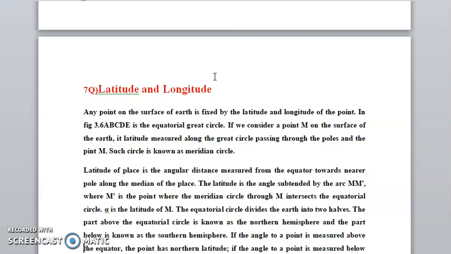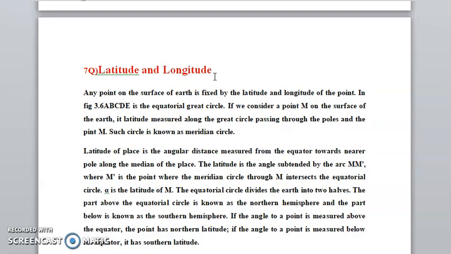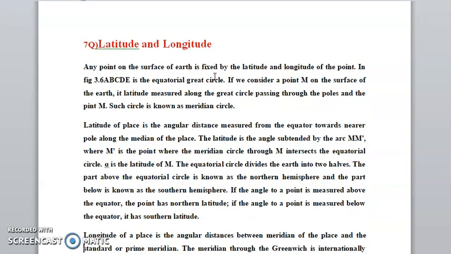The part below the equator circle is called the southern hemisphere. If the angle of the point is measured above the equator, the point has northern latitude. If the angle of the point is below the equator, it has southern latitude. Longitude is the angular distance between the meridian of the place and the standard or prime